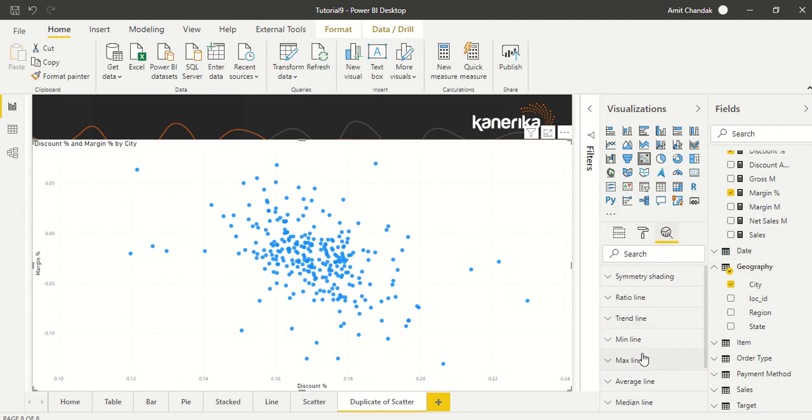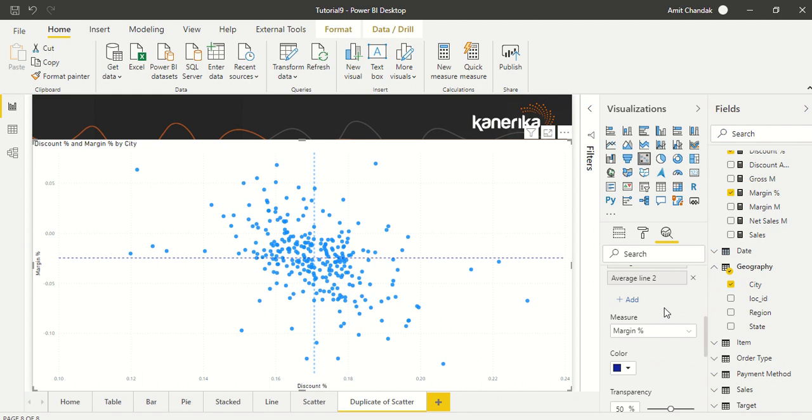in the analytics tab we have something known as average line. Now we'll click add, and the first line will automatically add at discount, and we are going to add another line, and that line again, if you see, is added at discount. So when I click on it, it is going to tell where it is. Right now we are not able to differentiate. So I clicked on the second line and changed it to margin percentage. Now if I click back on this one, this is discount percentage, this is margin percentage.